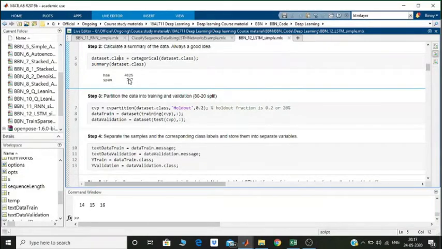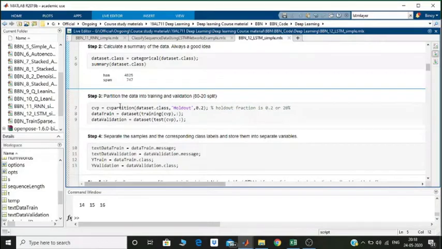So you can see this is kind of an unbalanced dataset, and most of the traditional machine learning algorithms will have difficulty learning these types of things. So as much as possible, I suggest that for training your algorithms, you try to use balanced datasets where the number of samples that belong to all the classes are equal. But LSTMs are able to learn even in the presence of these unbalanced datasets, so it should not be a big problem for us. We will see how the accuracy looks after it is done.